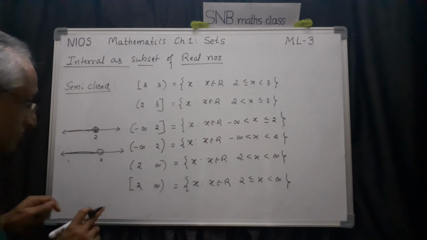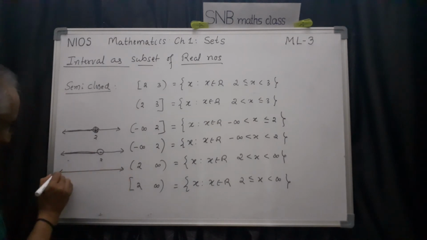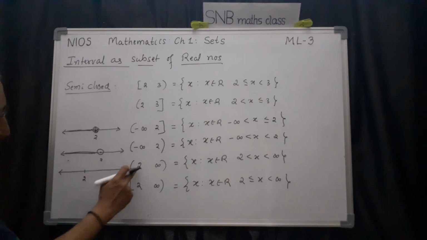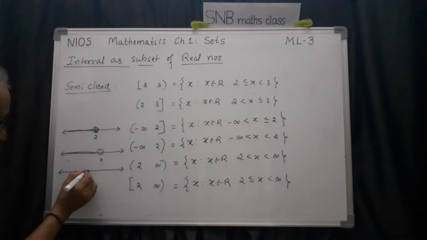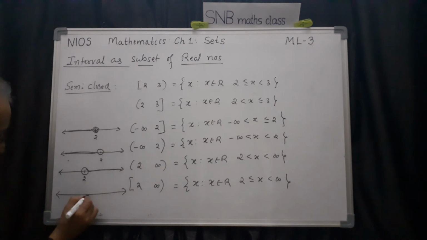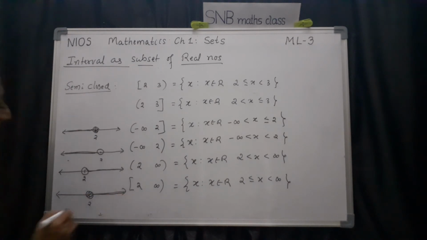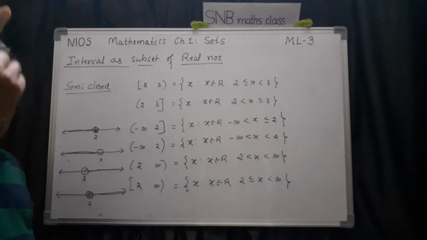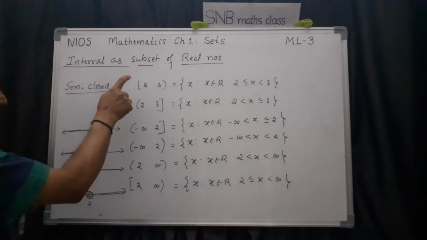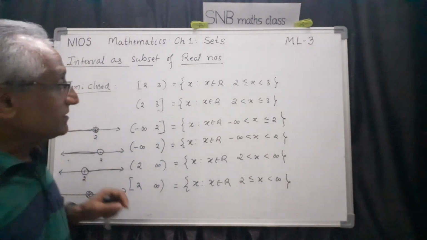Now let me take it. How do we represent this one? Same method. You have to use it like this. Then this is 2 to infinity. It is open, therefore I have to use a blank circle. Then on this side I have to shade. And the same thing here, there is not much difference. This is 2. This is a closed circle because it is included. Here it is included, this side. So how many in total? First 2 open, closed, then 2, 3, 4, 5, 6, 7, 8. In total 8 different types of intervals we can write.